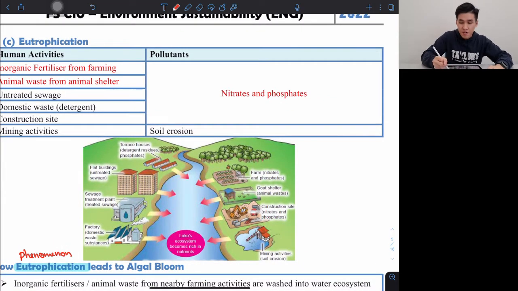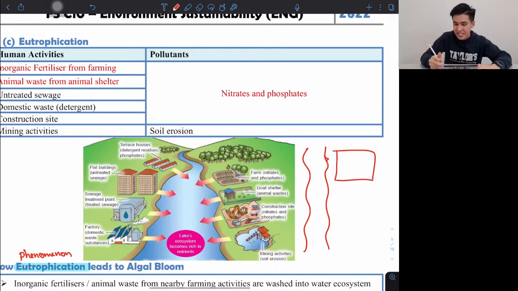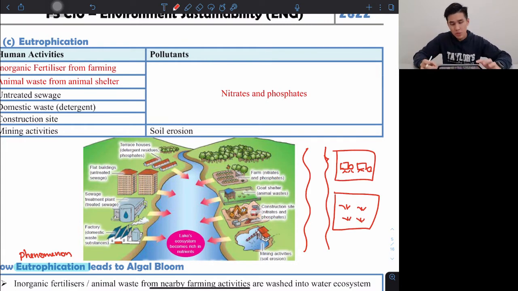Whenever you see a river beside a farm, okay, let's say this is an animal farm with cows and goats, or let's say the river is beside an agricultural plantation. Let's say you have a lot of kelapa sawit or a lot of paddy here, for example. When you see this kind of question, it's definitely related to eutrophication. Now, the reason is because